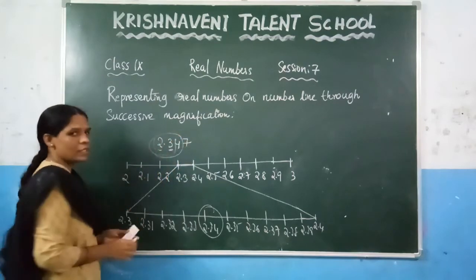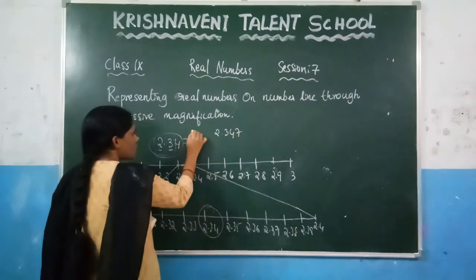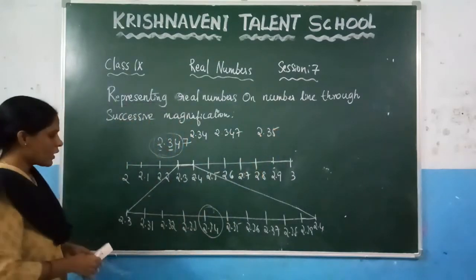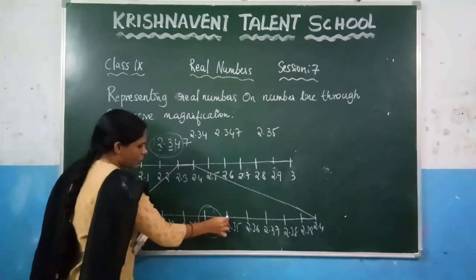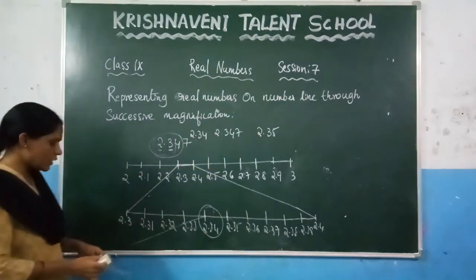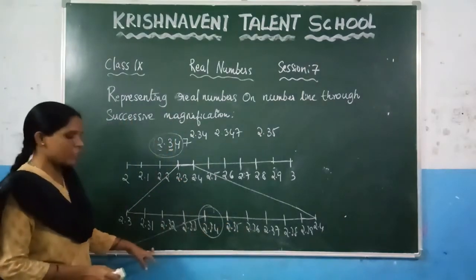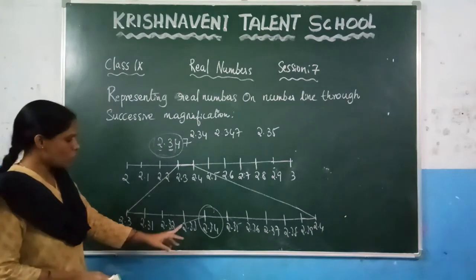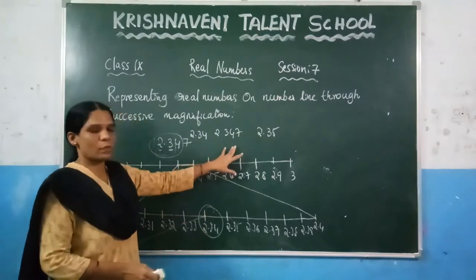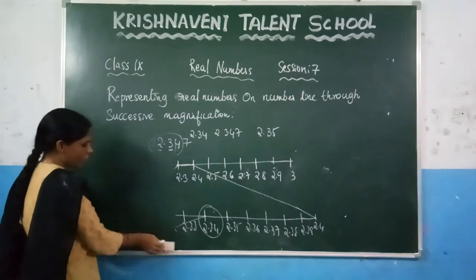2.34. And clearly from this you can observe that 2.347 lies between 2.34 and 2.35. Right? Here at this point this is 2.34 and this is 2.35, and again you have to divide this into equal parts. After 2.34 you will get 2.341, 2.342, 2.343, 2.344, 2.345 and 2.346, like that, and you have to represent this number. Like this you have to solve. Now based on this, let us solve the next exercise.